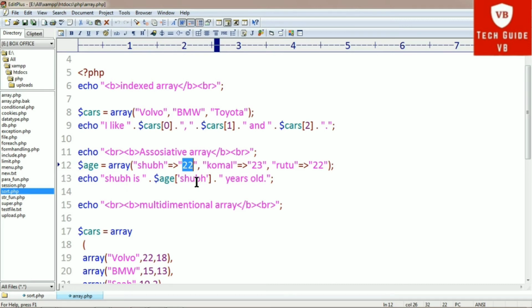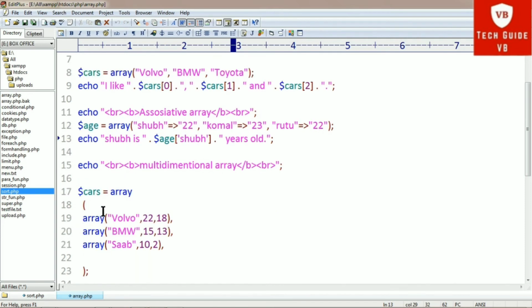Similarly, you can print Komal's age and Rutu's age also: Komal is age of Komal years old, and Rutu is age of Rutu years old. It will respectively print their ages accordingly.